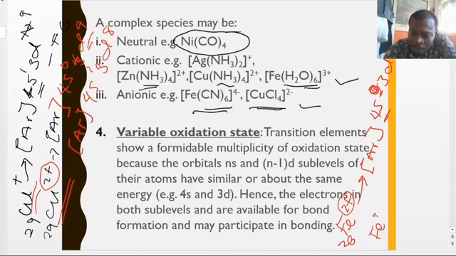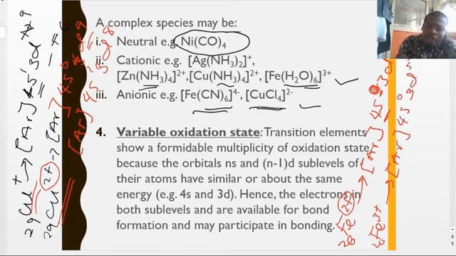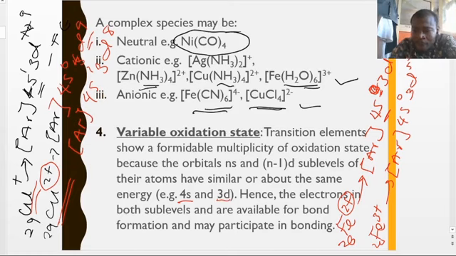But if it is for Fe3+, an electron can definitely be removed from the d orbital. So it's going to be like this, 4s0 and 3d5. The ability for electrons to be removed either from the 4s orbital or the 3d orbital is what makes them exhibit variable oxidation state, and then they lose this electron and they can form bonds with other elements or